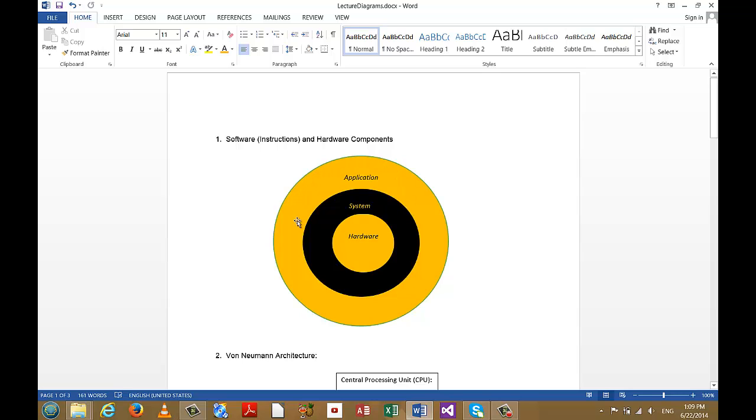So there's another layer of software, and the one that you're most familiar with, the reason why people buy computers, is the application layer. And in this class, we will be creating instructions that are in this realm of application software. We'll come up with ideas for things that will be useful for human beings, and we'll write instructions in a very specific way